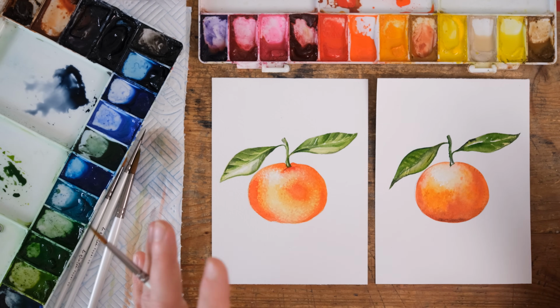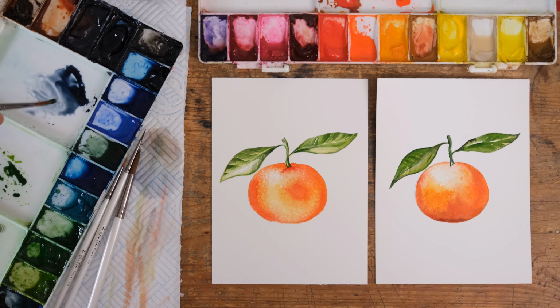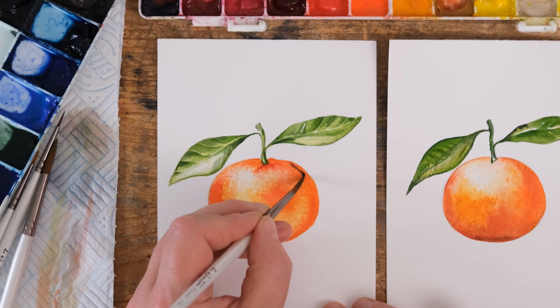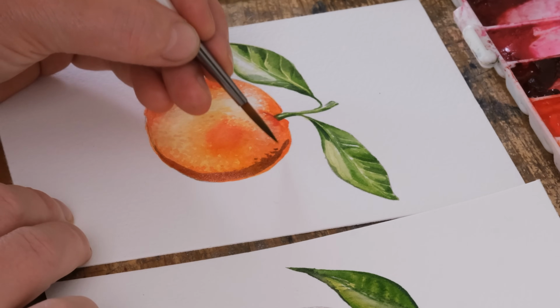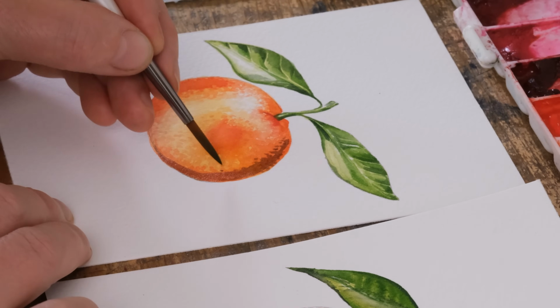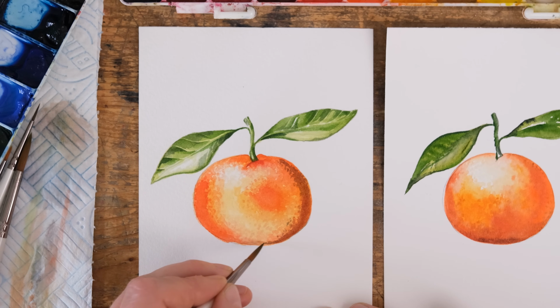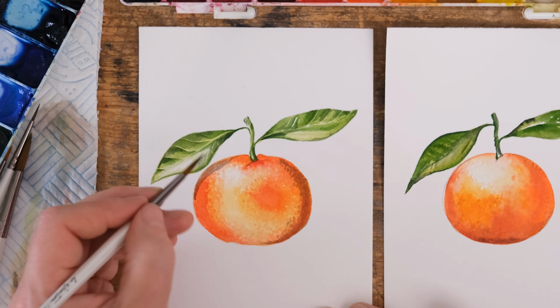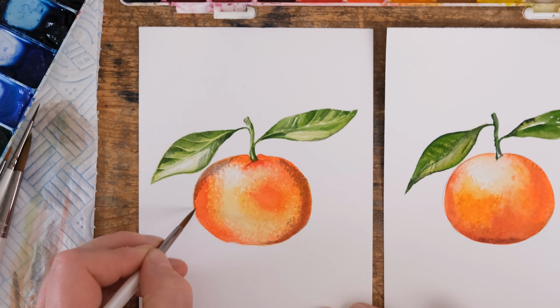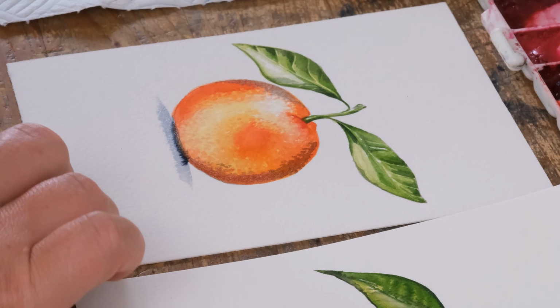So one thing I've realised I do quite a lot when it comes to glazing already in my painting is adding shadow, because I get a big bit of Payne's Grey and I come in and I slap it on top. So that's what I'm going to do for my last bit of glazing. Let's see how it goes. There's the leaf. And then we'll just do a little bit of it on the base there. And then on the leaves,